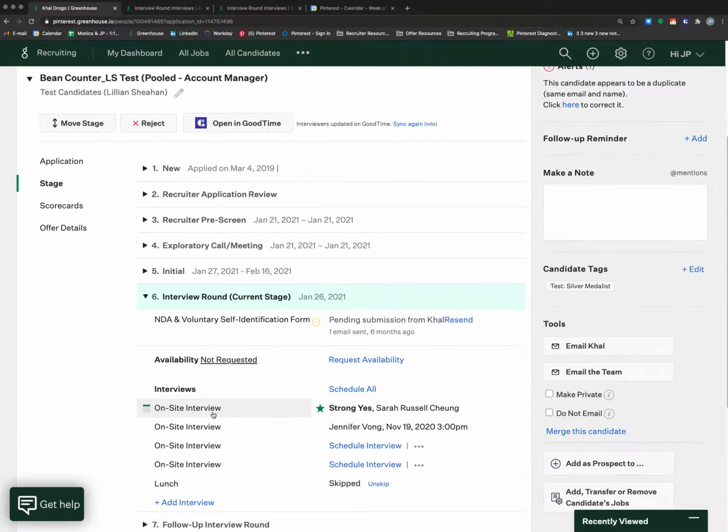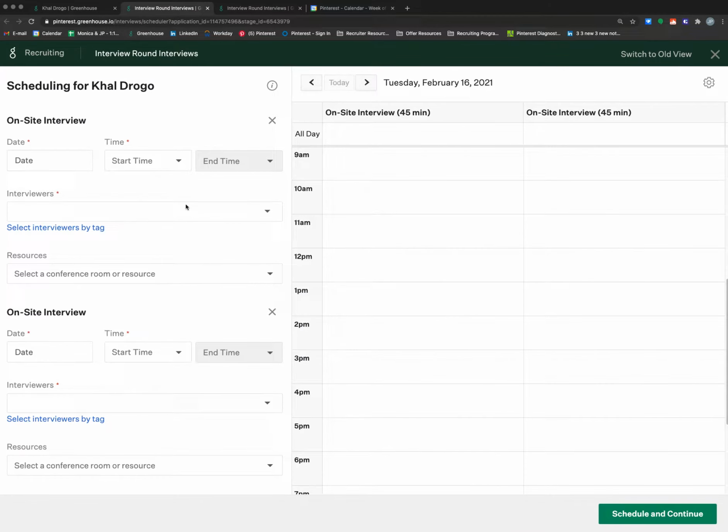If you're scheduling multiple interviews, you can use this Schedule All button here, which will prompt you to set up multiple times for the candidate to meet with people on the team, or you can use these individual schedule interview options. In this case, I'm going to hit Schedule Interview, and it should take you to a page that looks like this. This page is really for you to input all of the folks that the person is to meet with, depending on the number of interviews that you've set, but also to select the best days and times that